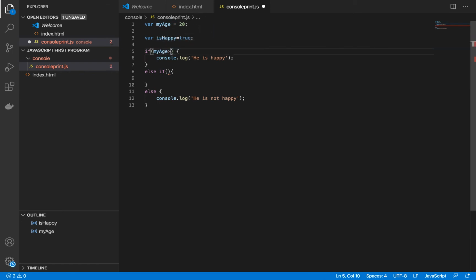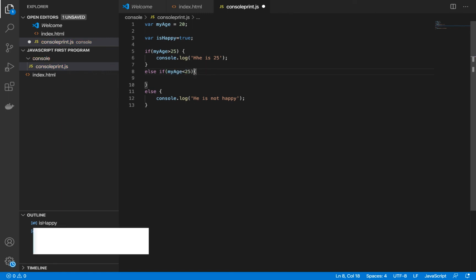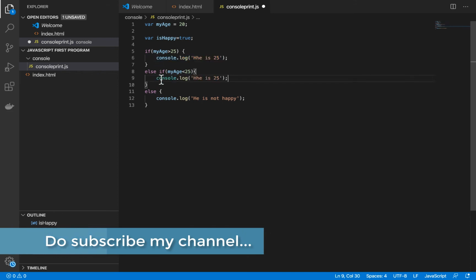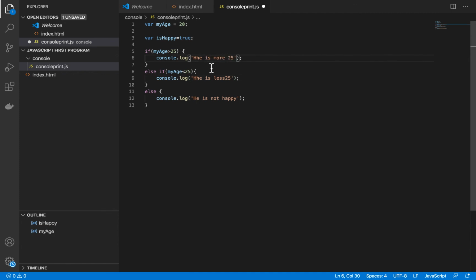So if age is greater than 25, here he is 25, then I will say else if age is less than 25, and I will say he is less than 25. And if the condition is not true, or if they both are equal, then we'll say he is 25. Correct? So what we are doing here is we have added one more condition that says else if. We can have multiple else if over here, not a problem.